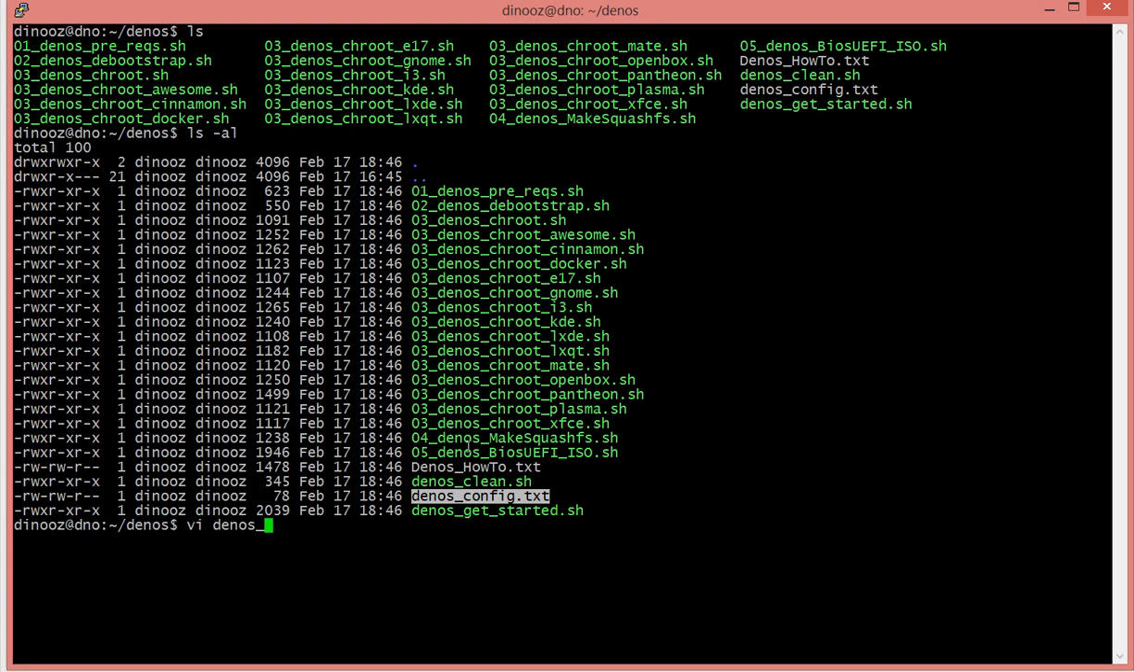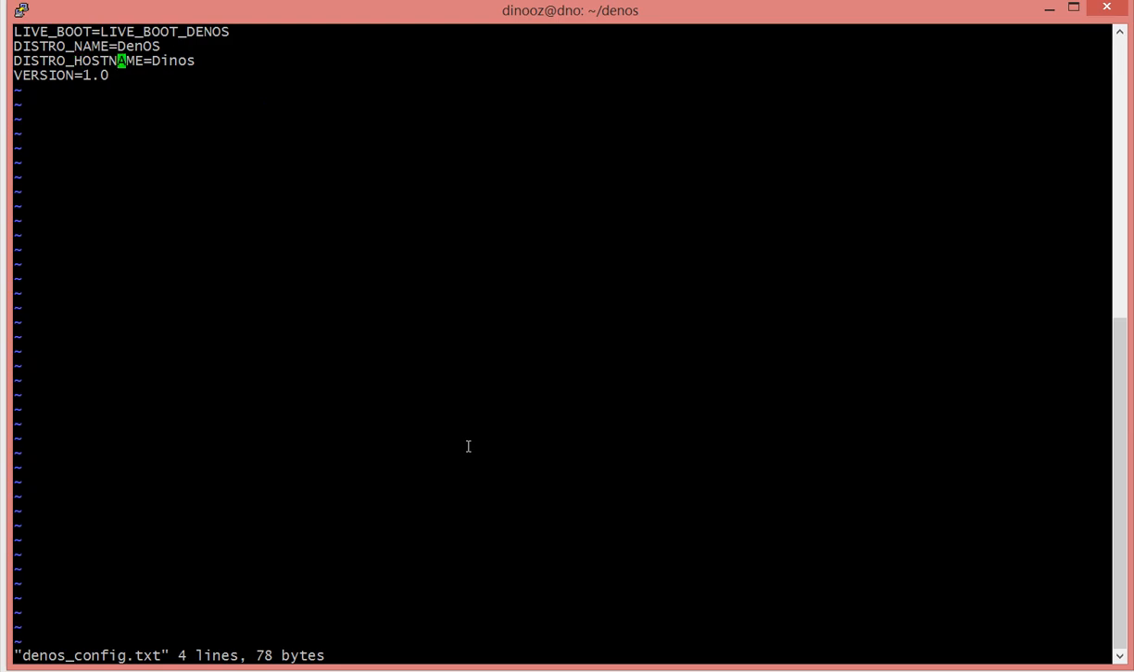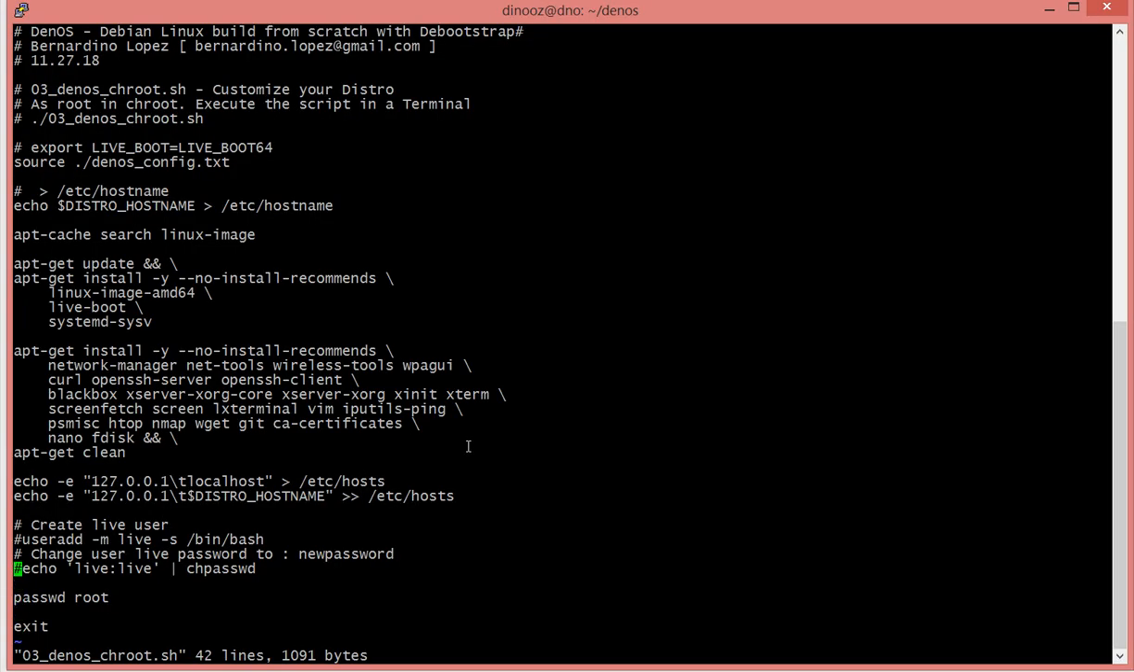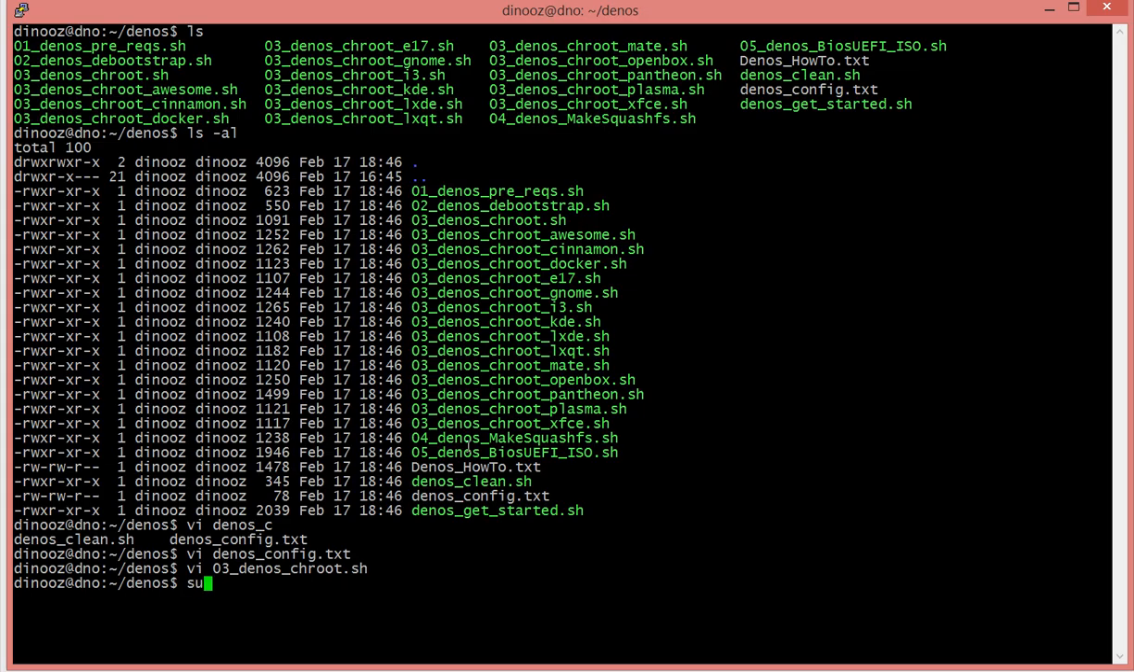I can edit the DenOS config file. I want to set my host name. I'll call it Deno. Everything else is fine. I can just leave the distro name DenOS, version 1.0. That's fine. Another thing that I like to probably modify when I run the script, instead of just the basic vanilla, I like to create a live user with a live password. That's all I want to do. That's all. So I can do sudo 01 get started,